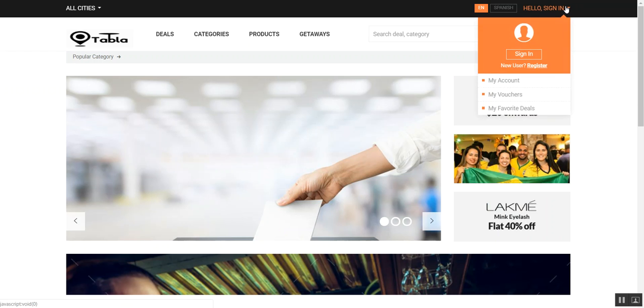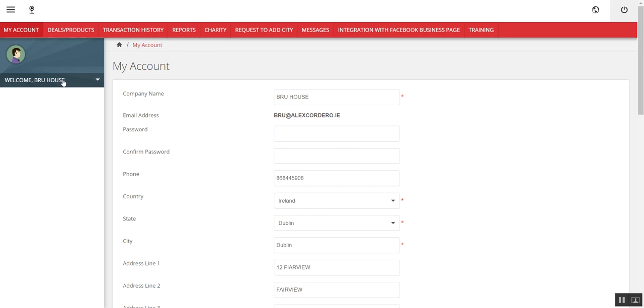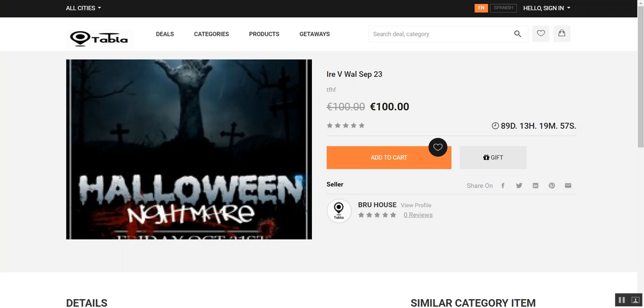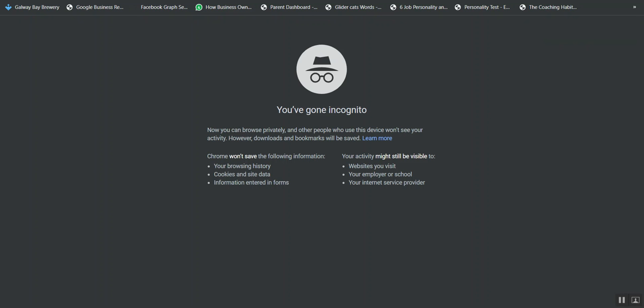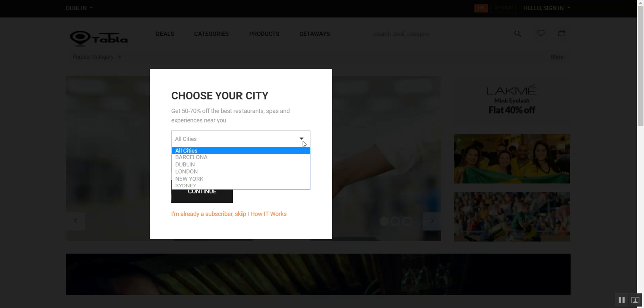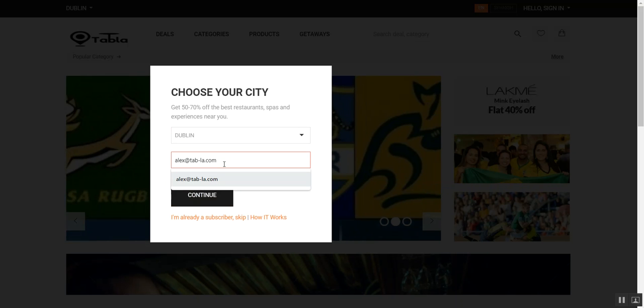Okay, so the problem here is it's seeing me as I have to log out in order to see the product. So I have to go in as incognito. Hold on, because it's registering me as the merchant. So I need to see the system in this way. So we'll just go in as